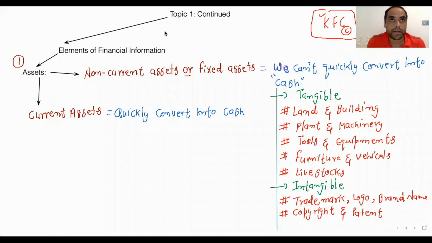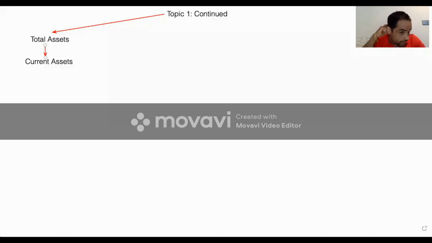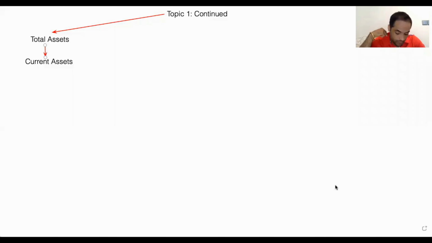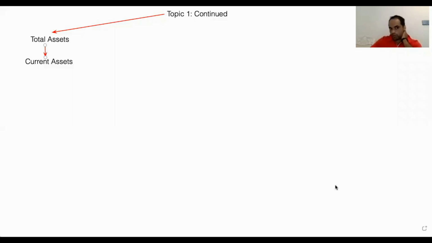Same thing with the Apple company. They have iOS, the operating system of Apple products, but of course, only Apple company has the right to use that patent. Okay, so does everybody understand the meaning of non-current assets, what is inside non-current assets? Non-current assets: patent, copyrights, logo, trademark. So now we move on to the